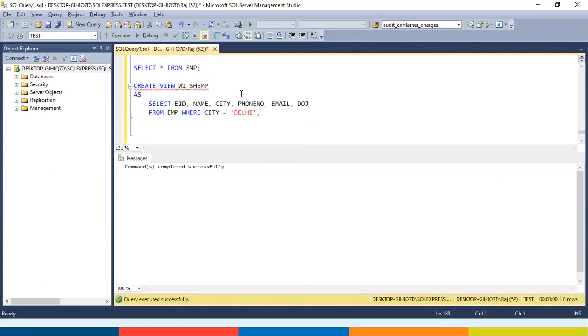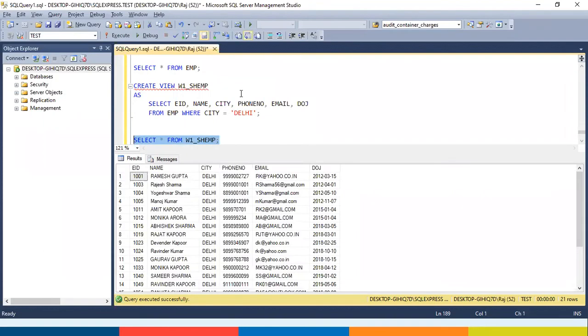Now, whenever you want to get the details of the Delhi employees, I have given you two examples together. Whenever you want to see the details of the Delhi employees, you can simply say select star from the view, and you get the respective details of the Delhi employees.